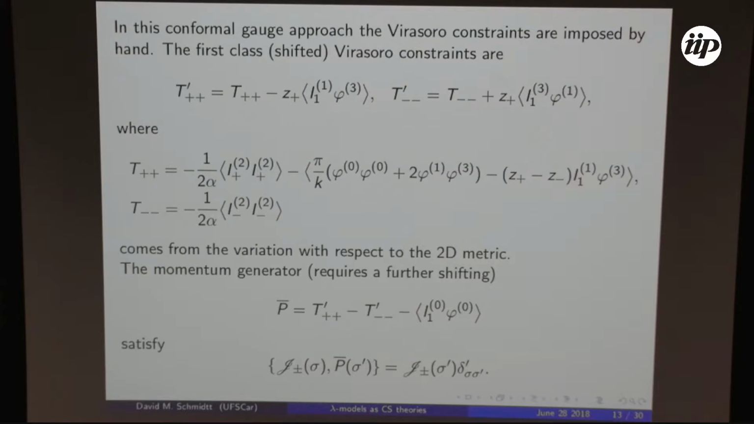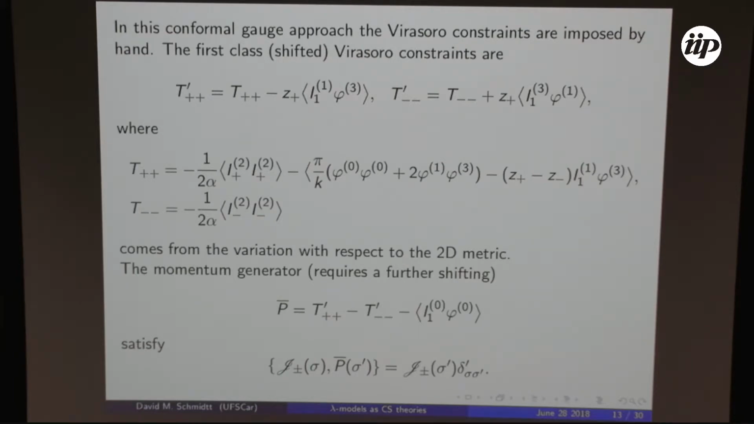We are in a conformal gauge, so we need to impose the Virasoro constraints by hand. It is a well-known fact that in order for the Virasoro constraints to be first class, they must be shifted by the fermionic constraints. So I need to put some coefficient that turns out to be the same, Z plus. And T plus plus and T plus minus minus are the components of the usual stress tensor